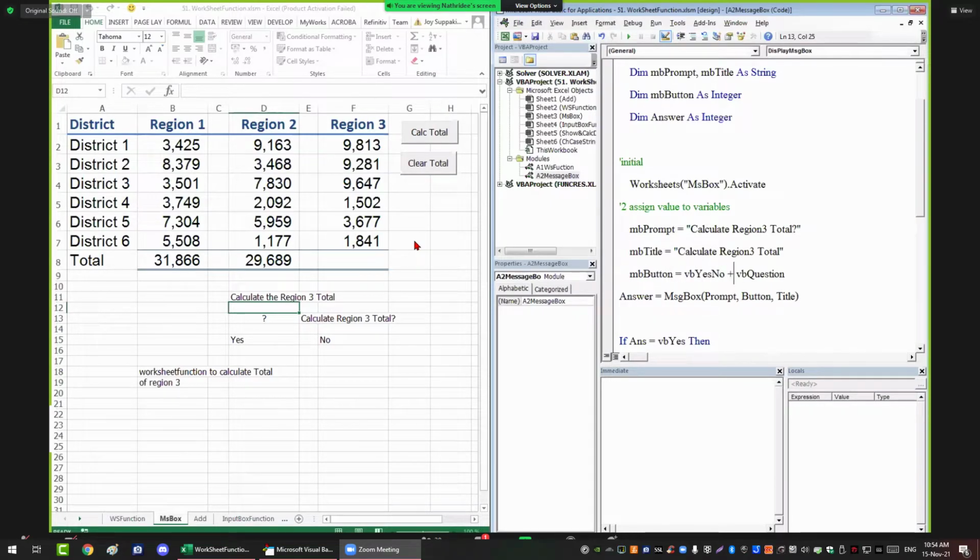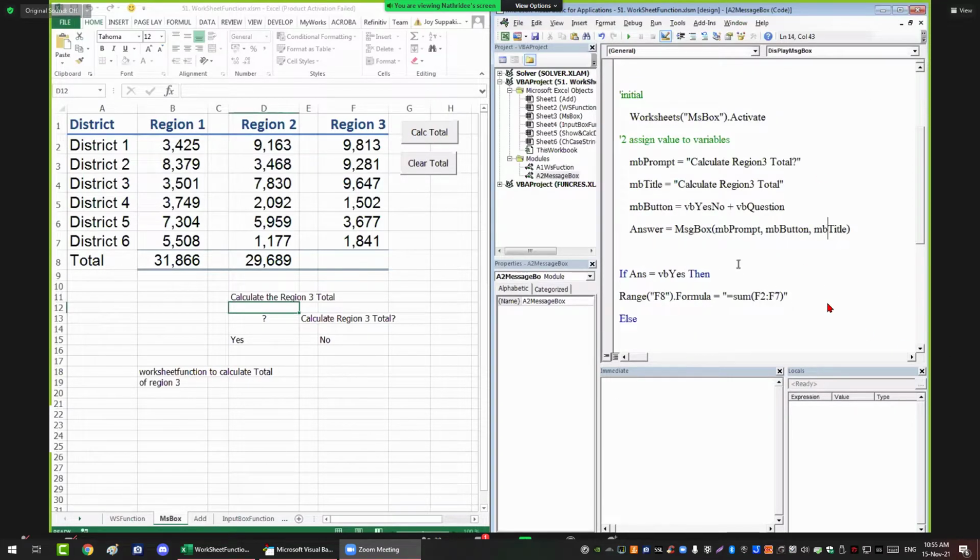She gets two, VB yes no and VB question, and the answer here is from the message box, so I will have to put things like MB prompt, MB button and MB title here, in line with my own variables. And then she uses an if function here